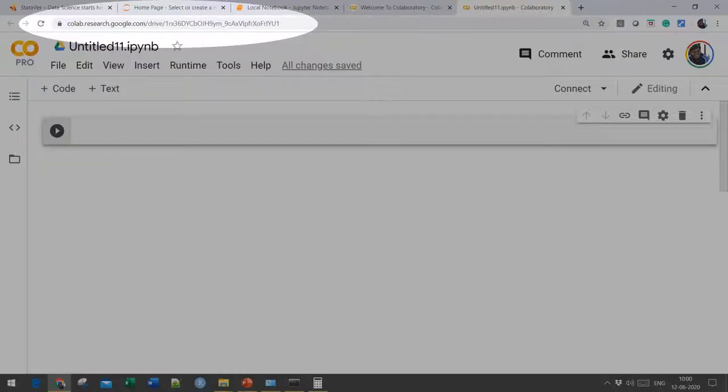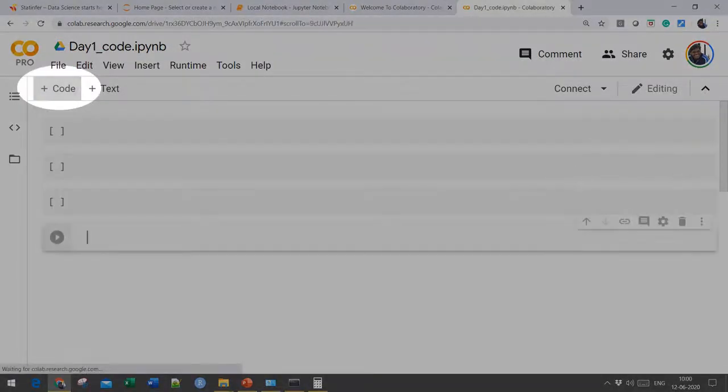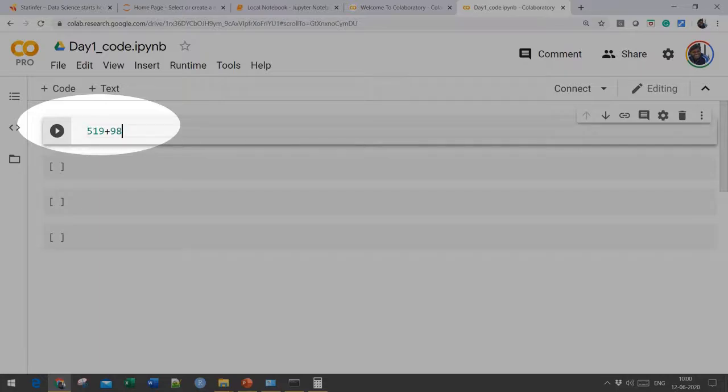If you are working on Colab, open the Colab notebook file. You can change the notebook file name, and then you can add the code cells by hitting on code button. That will add the new cells. You can write the code and you can submit it to execution. On the left hand side, we see a button for submission. If we click that button, code will be submitted.